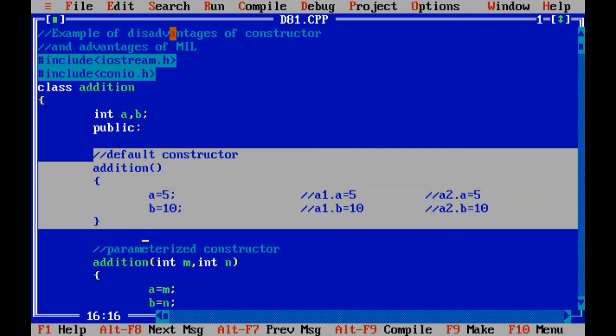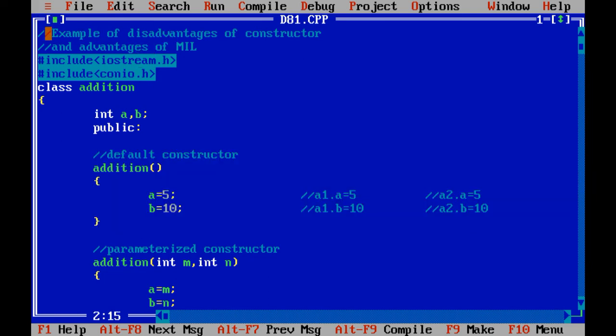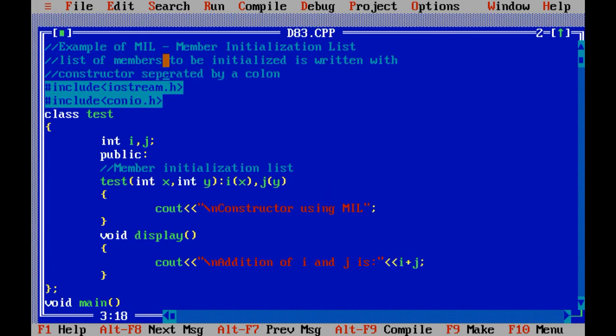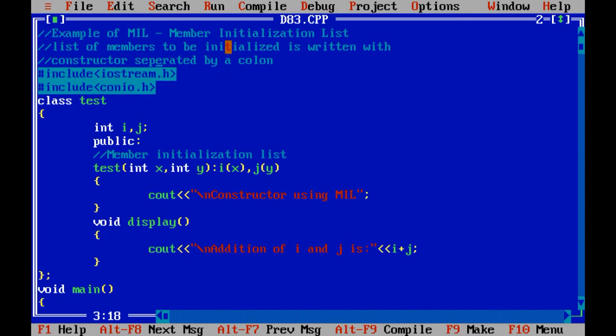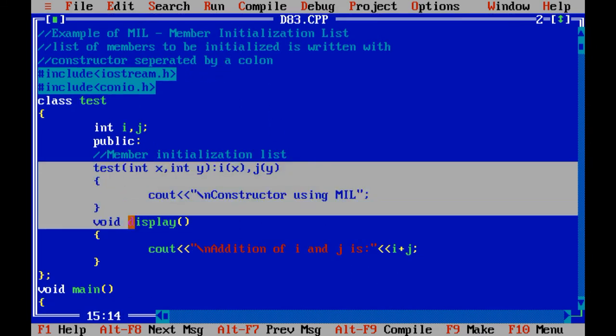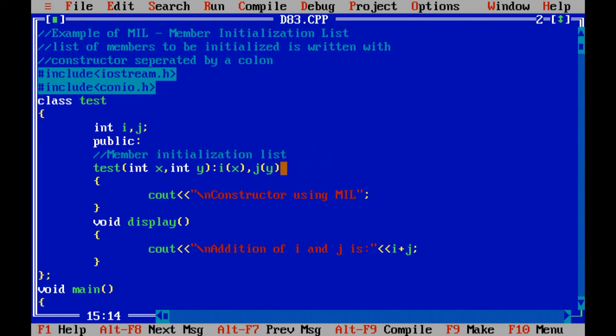So that is the limitation of the constructor over MIL. For that, we have the concept of MIL, using which you are able to initialize the value of the class variable, but the syntax would be a little bit different.